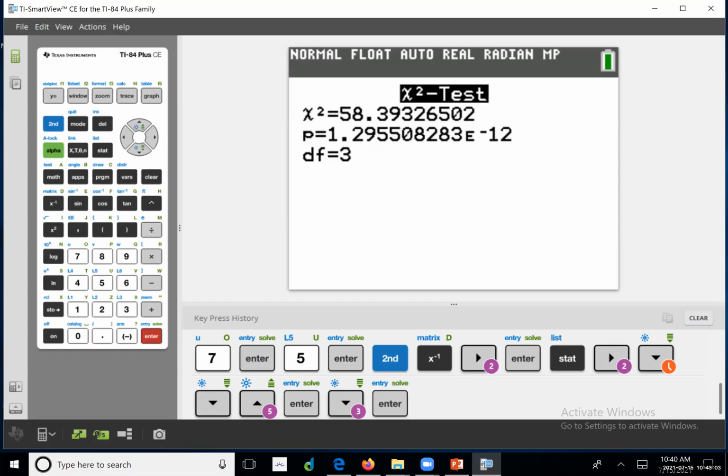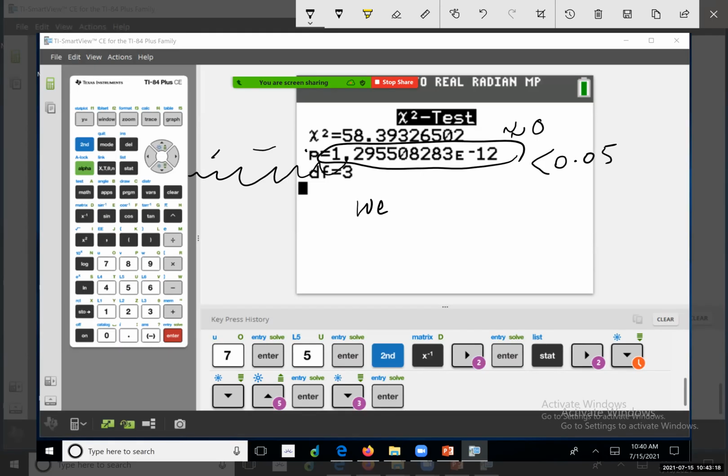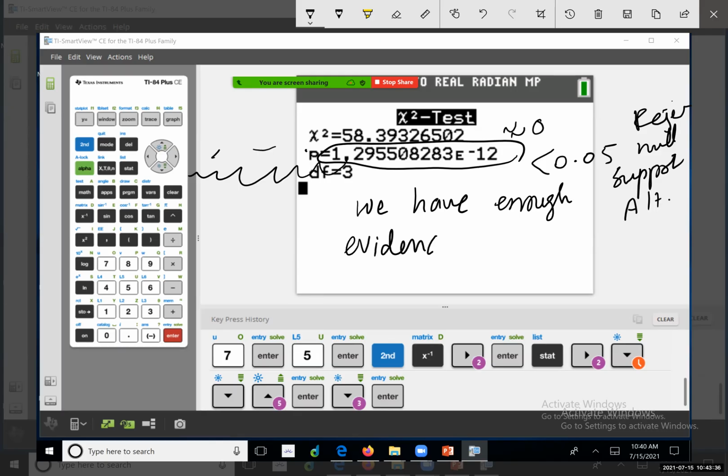So now do you see the p-value? This is a small p-value here, less than 5%. This is almost zero. You go backward 12 places and you put zeros for all of them. So we have enough evidence. So you reject the null, support the alternative. We have enough evidence to